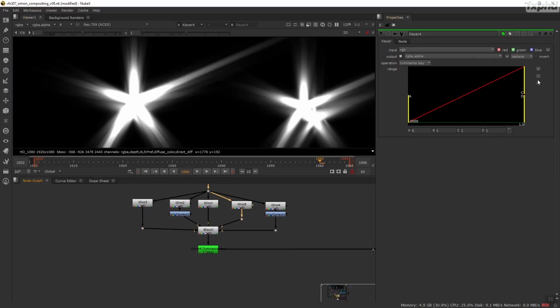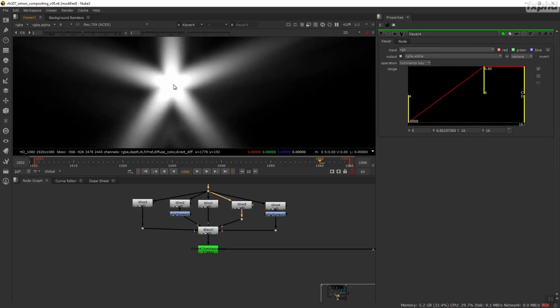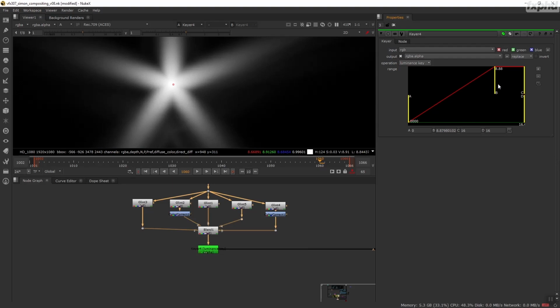In this case, I will just increase a bit the size of my keyer, and I will push the values, and I will go towards, I think around, well, if you look at the core here, I want this core to not be perfectly white. I want to always have a bit of range in what I'm doing. So it should be around,